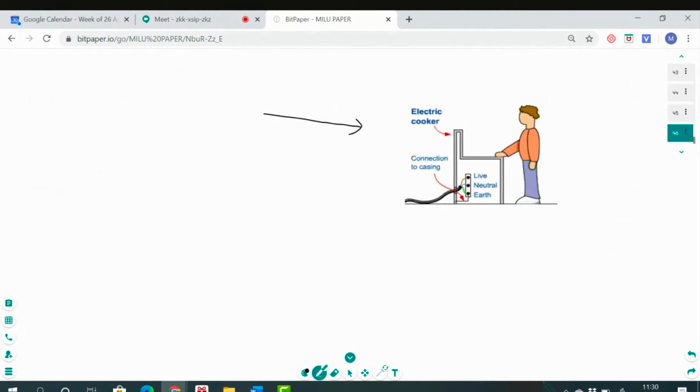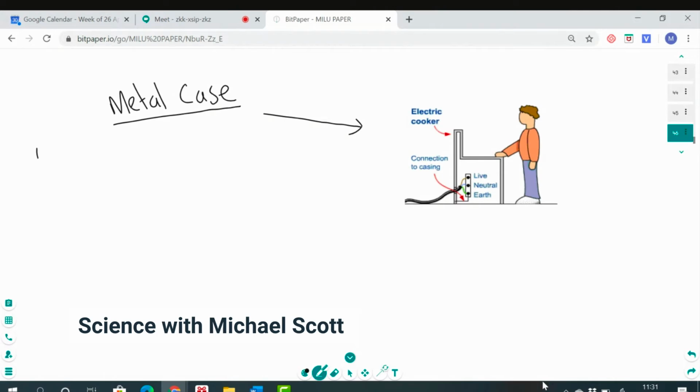Now, this electric cooker, as you may notice, has a metal case. The whole electric cooker has a metal case, and there are many other metal cased appliances that you may have, your toasters, kettles, washing machines, for example. The important thing here is that the casing is metal. Now, this can create a potential problem. And that problem is